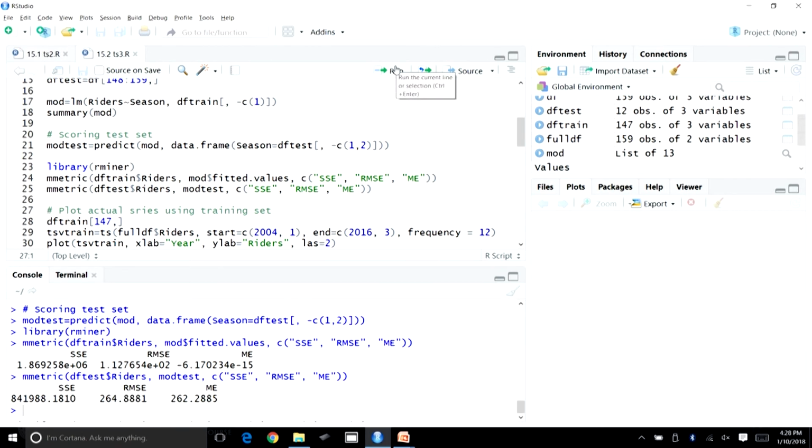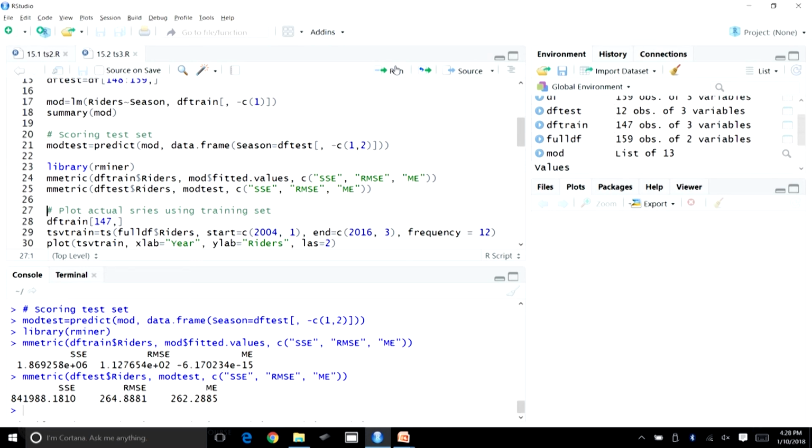You can see the RMSE value is 264 on the test data set, which is higher in comparison to the previous models that we had built using linear trend. It was about 210, and in exponential it was also about 210. For the polynomial, the quadratic trend, the value came down to 130, 140, and this value has gone up.